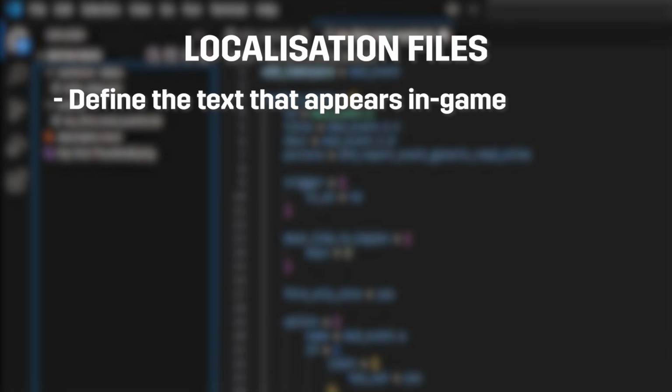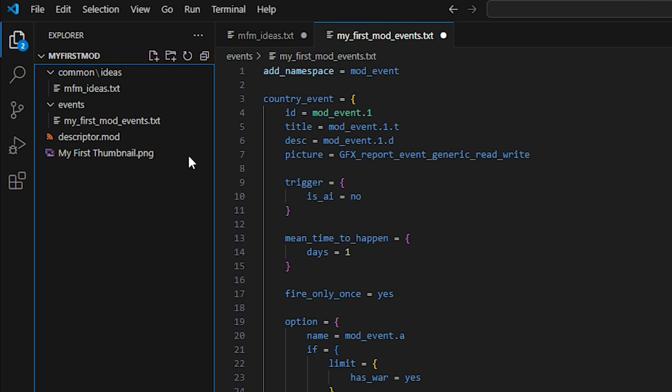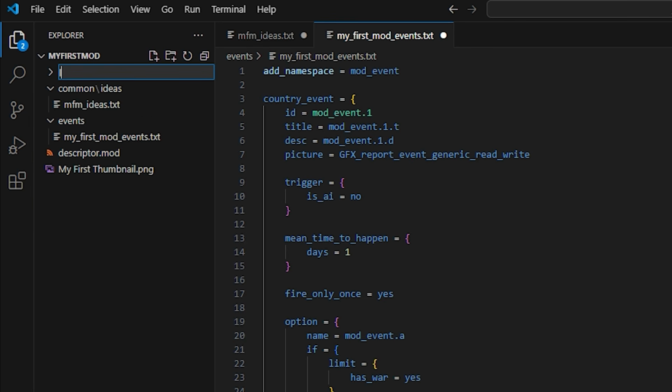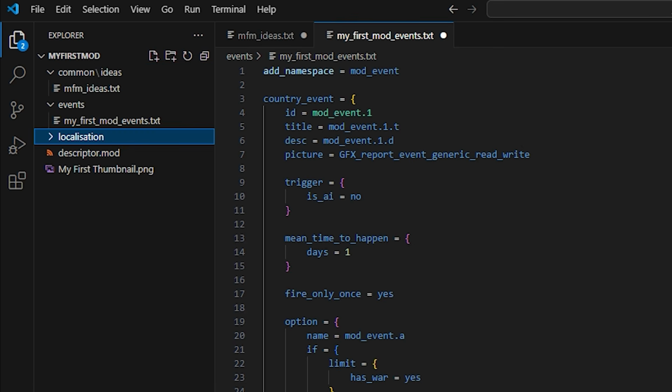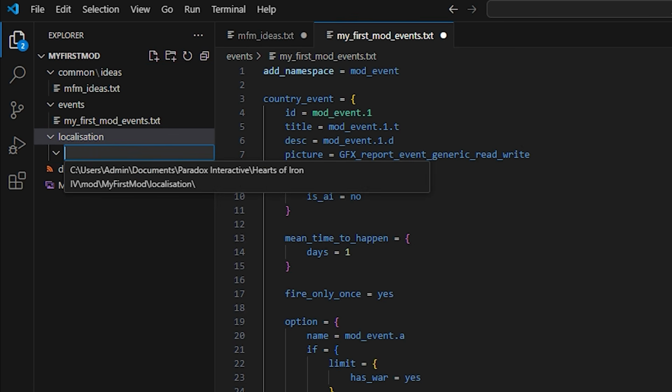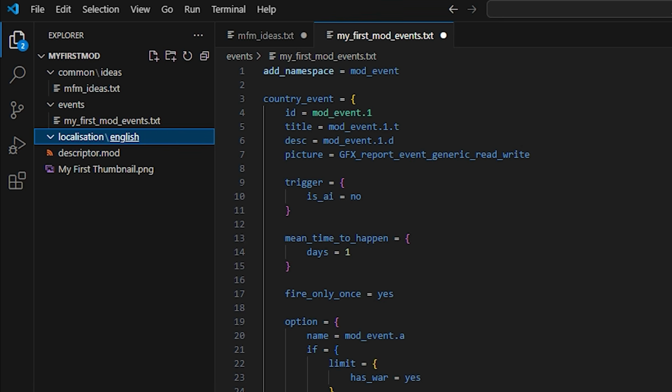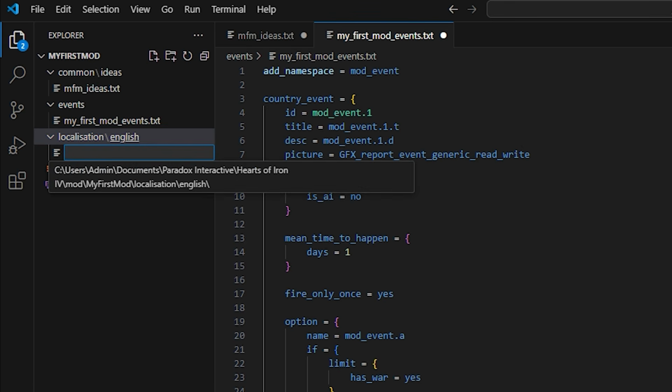Localization files are what defines the text that appears in-game in various languages. To add the file, in your mod's root folder, add a new folder called Localisation, spelled with the British English spelling. Then inside it, add one of the game's supported languages as a folder, in this case, English. Localization files are .yml files. These files can be opened and read in any text editor. The localization file must also include after the file name an underscore, the letter L, another underscore, and then the language. In this case, we will call the file